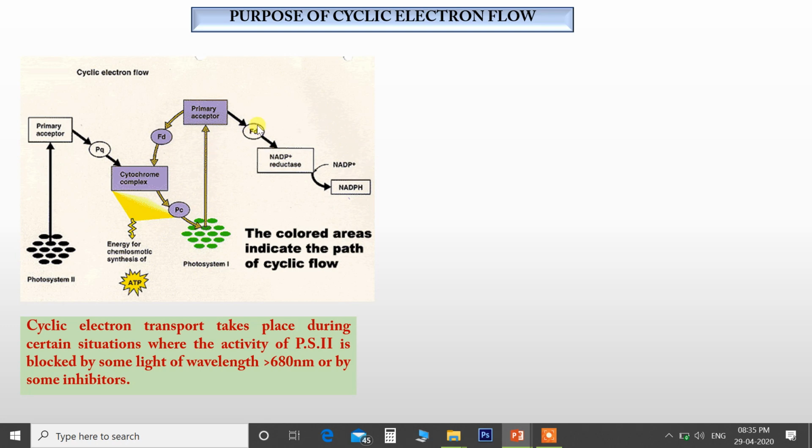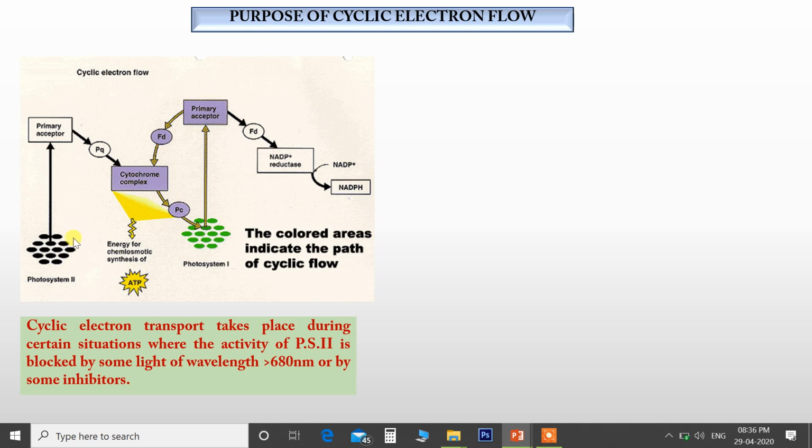So when electron reaches ferredoxin, now it has two options. Either goes to NADP plus and becomes NADPH, or returns back to pigment system 1. So two options are there. In order for this process to occur, H plus should be supplied from photolysis, which is occurring by the activity of pigment system 2.